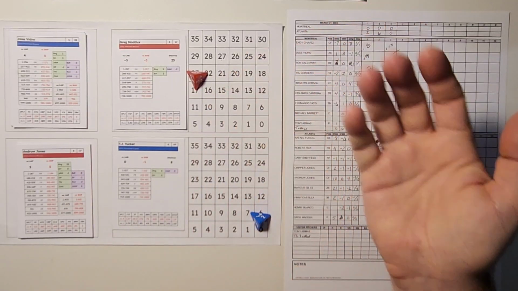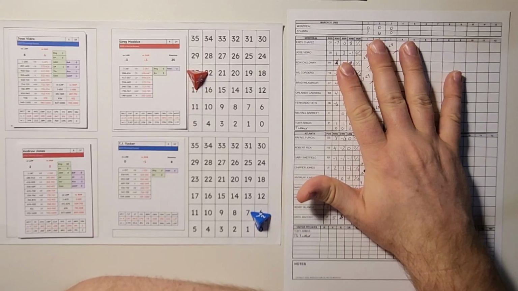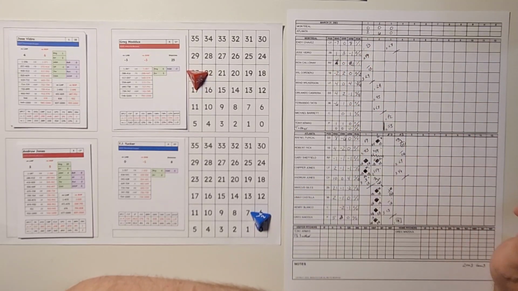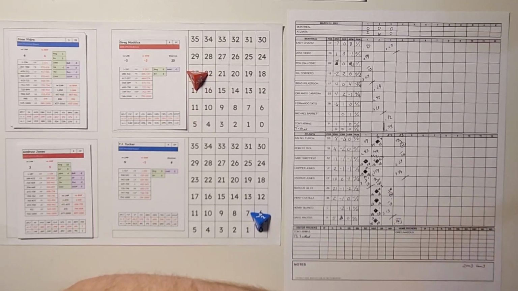You can put an entire season in the palm of your hand. You just need a score sheet or a way to keep score and transfer those numbers over to a score sheet, roll it out, and it's super easy to play and very portable. So check those out. It's seasons from the 70s all the way through to the 90s, and